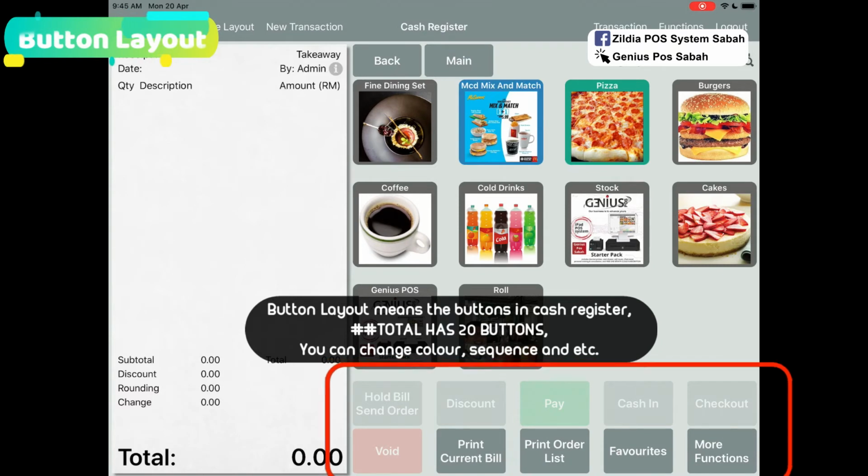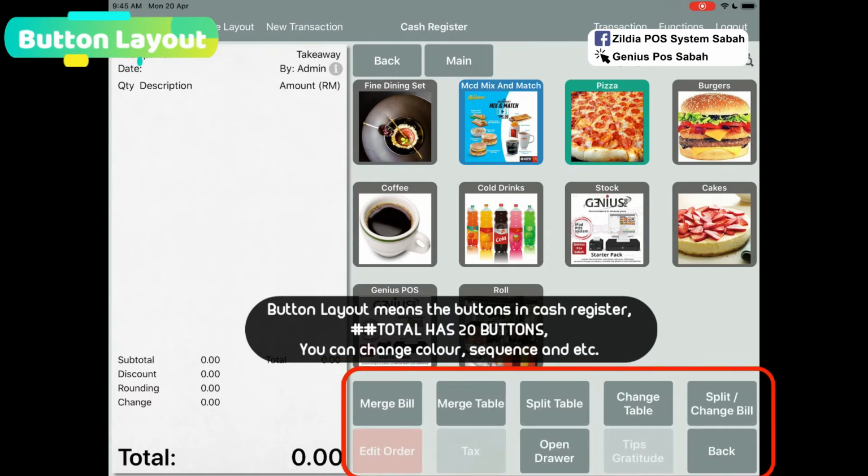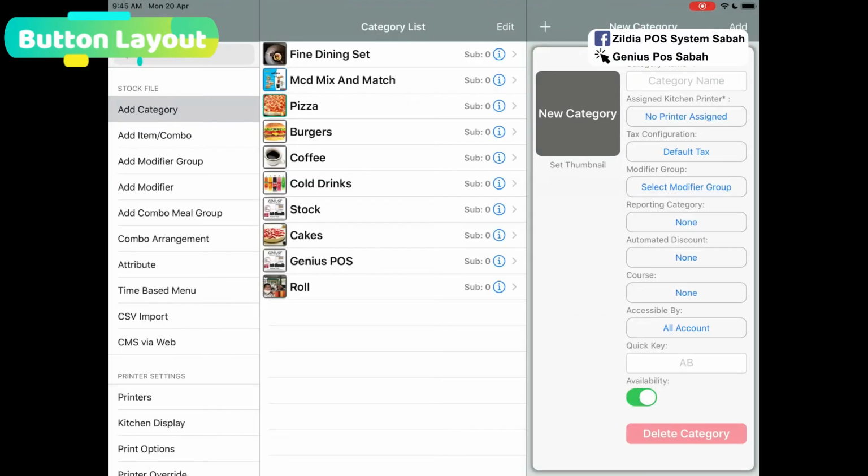Next is the button layout. Button layout means the buttons here at the bottom side and this one. In total there are 24 buttons. If you want to change the sequence, change the color, change the word or turn it off, go to the home, settings,